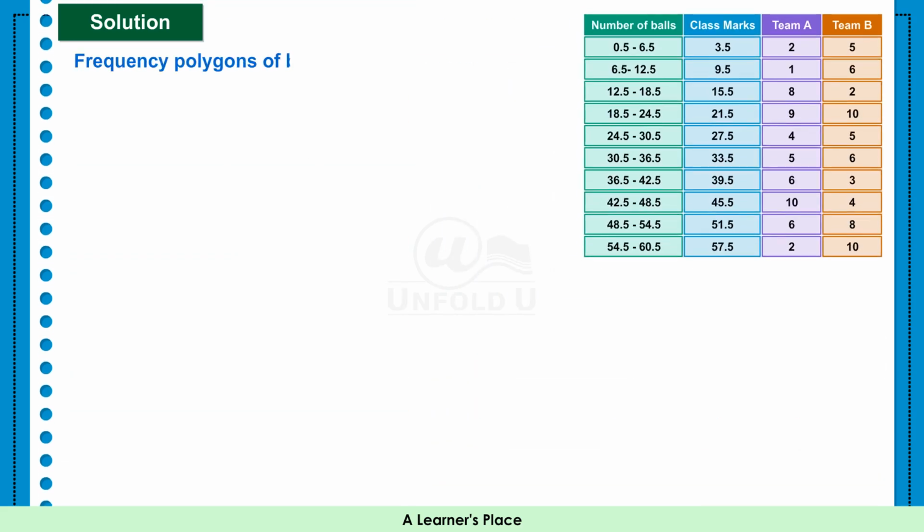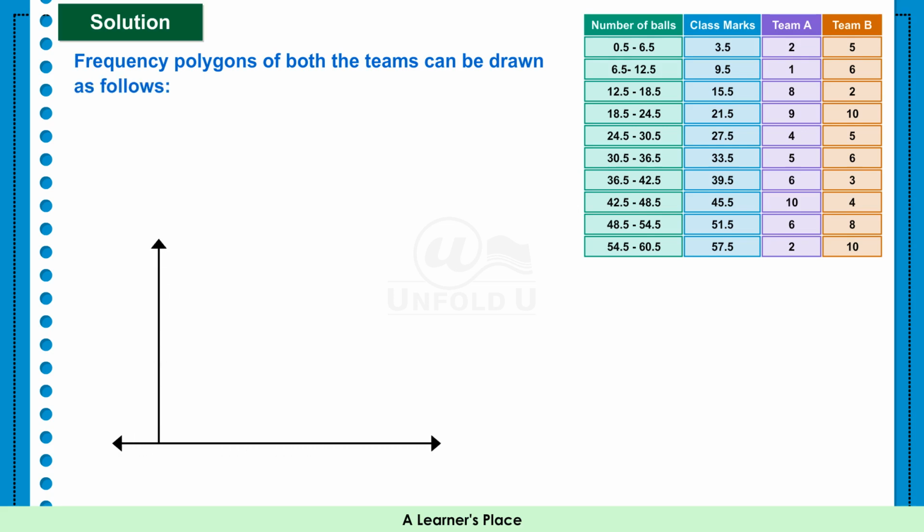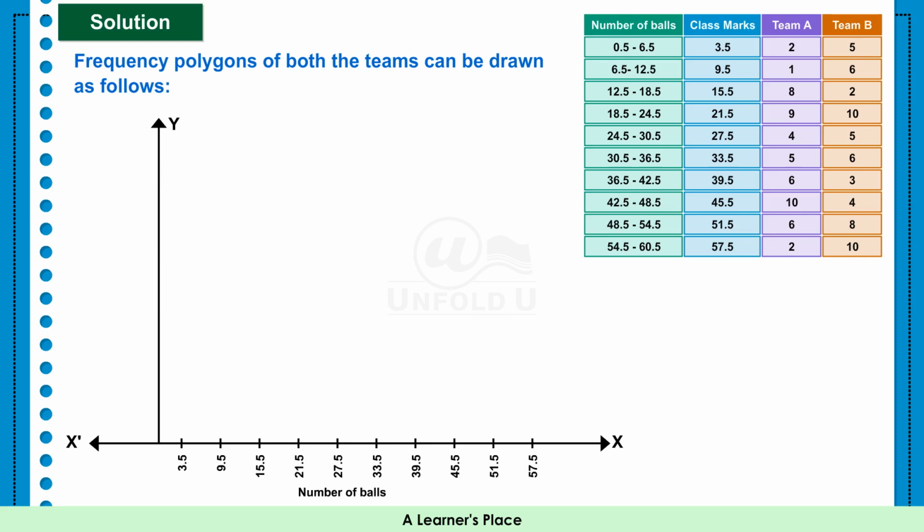Frequency polygons of both teams can be drawn as follows. On the x-axis, plot the number of balls, that is, class marks, and on the y-axis, plot the runs scored. To make the frequency polygon of Team A, plot the following points on the graph: